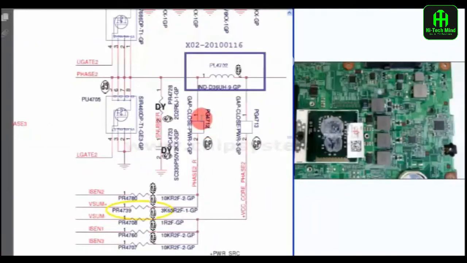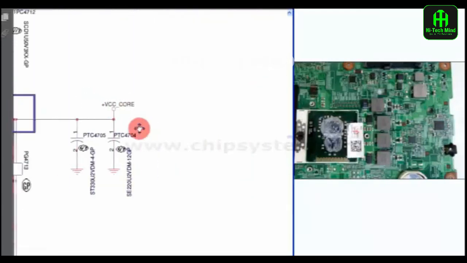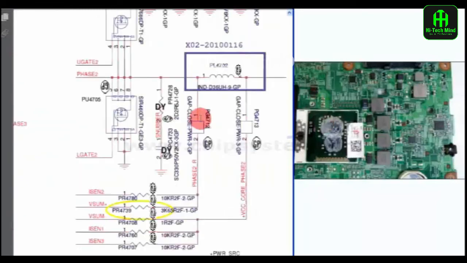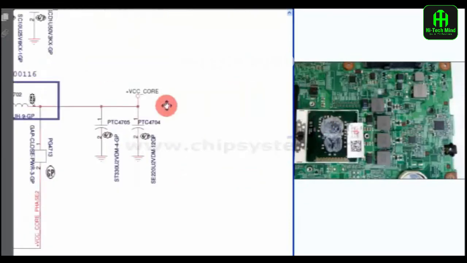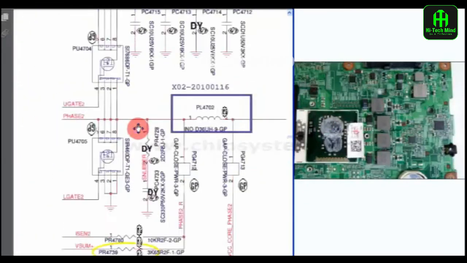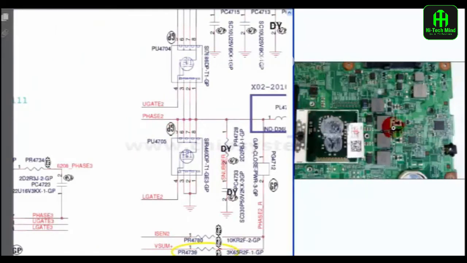Here I already explained you about the CPU core power supply IC. That means CPU core voltage mentioned V core, which is VCC. It can be shared each phases. There are 3 phases here. Let us see how to measure phases. That is number of coils and number of phases.